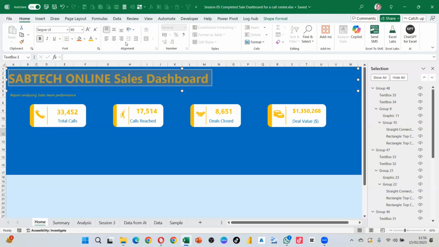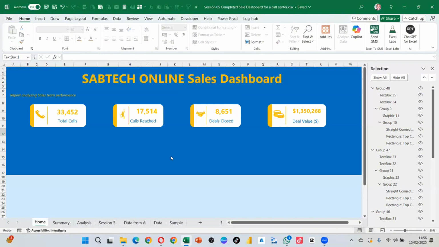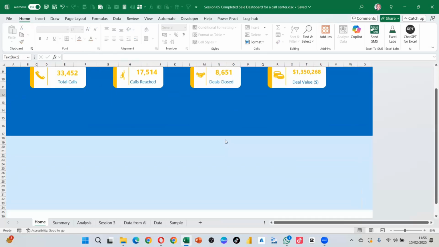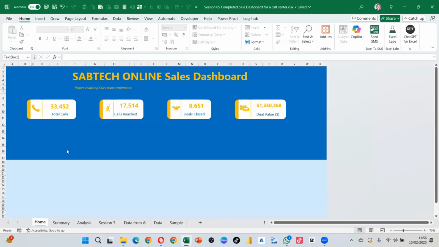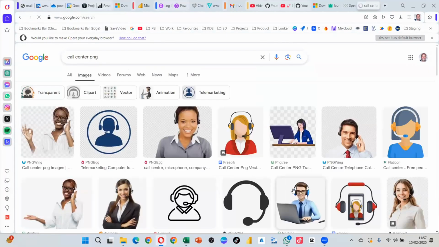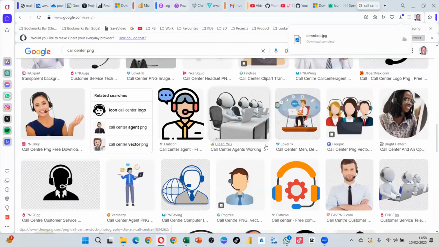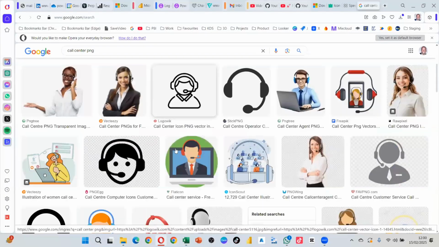So I can increase this and center it. So that is the dashboard we have. Then this can always be here. Then we can go and pick a good picture that will match as a welcome note for anybody who will be accessing our dashboard. So how do we do that? The image that has a high resolution,